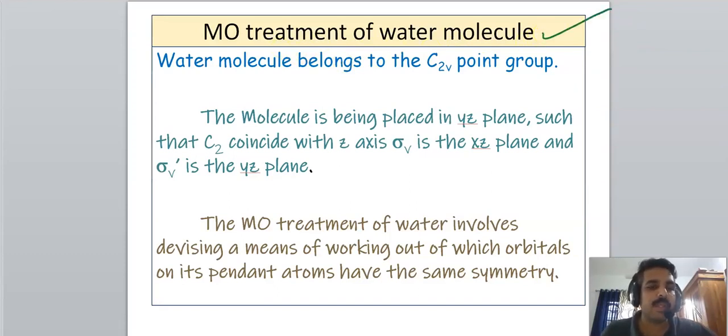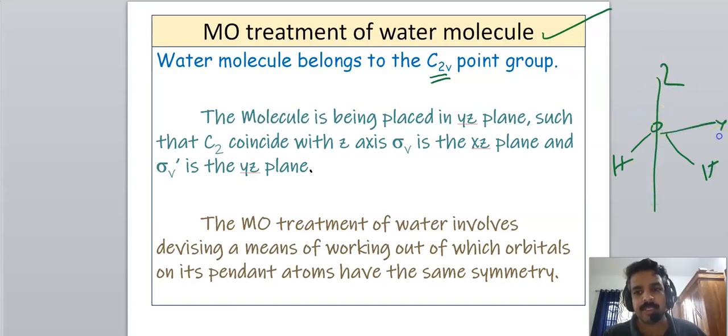Okay, listen. We know that the water molecule belongs to the C2V point group. That we all know. And the molecule is placed in the YZ plane. And this is the Z axis, this is the Y axis, and this is the X axis. So the molecule is placed in the YZ plane. And the C2 axis coincides with Z. That is, C2 is actually the Z axis itself. Actually it is C2Z. And sigma V is the XZ plane,